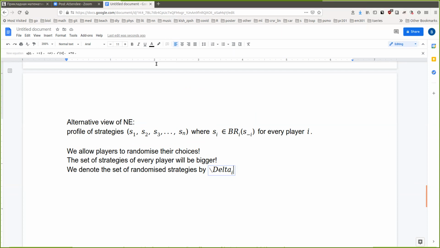I'm back. I hope everything is fine. And we denote the set of randomized strategies not by S. This S will be the set of non-randomized strategies. And now we will denote it by